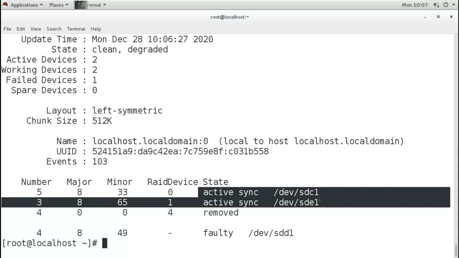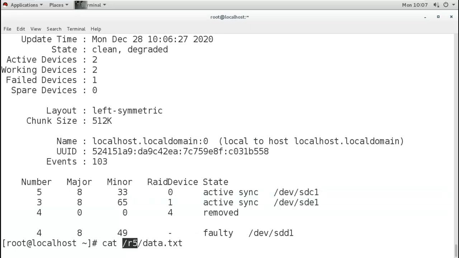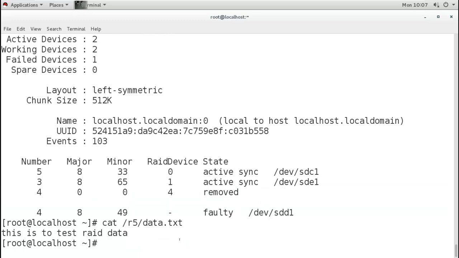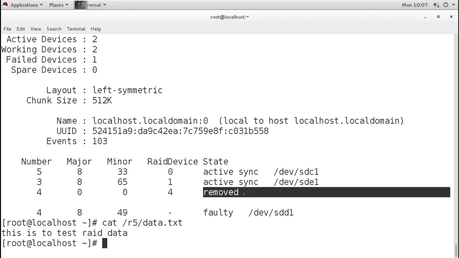Still we are not losing the data. If we check the data which we created in this directory, it is still available and readable, because RAID 5 can afford one disk failure.